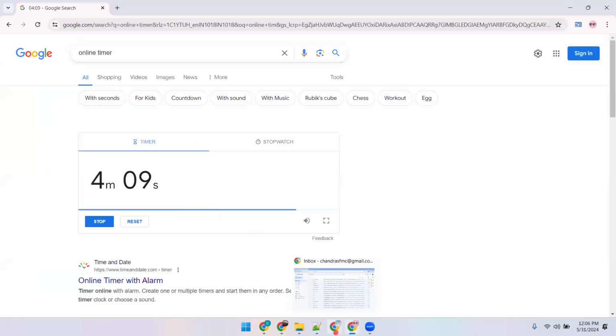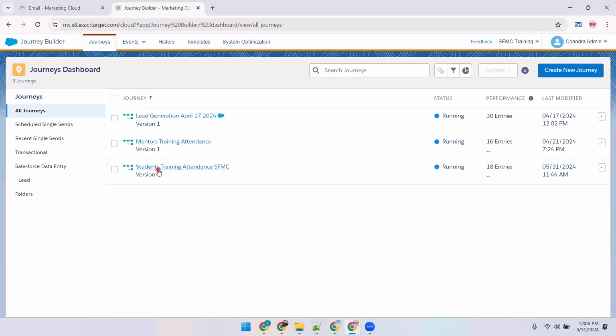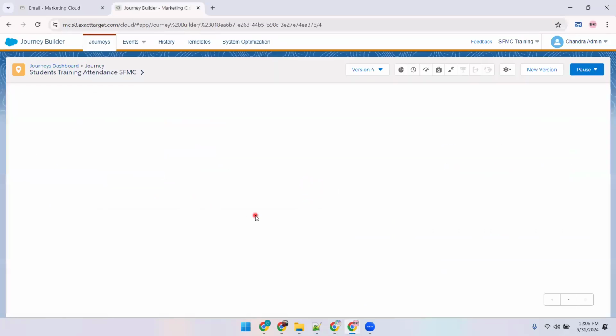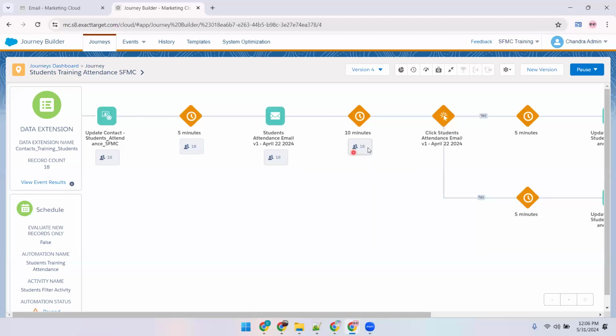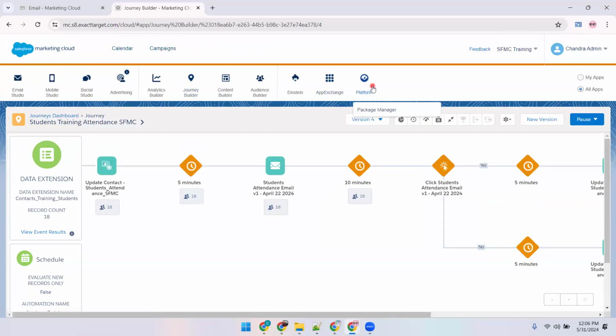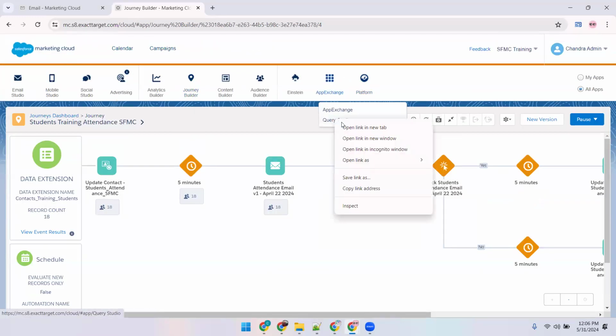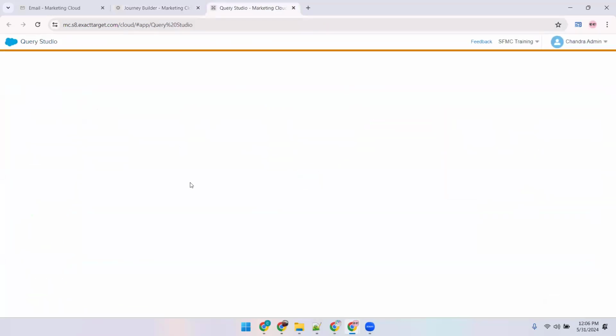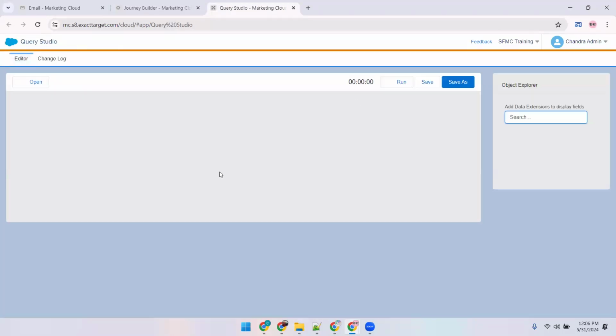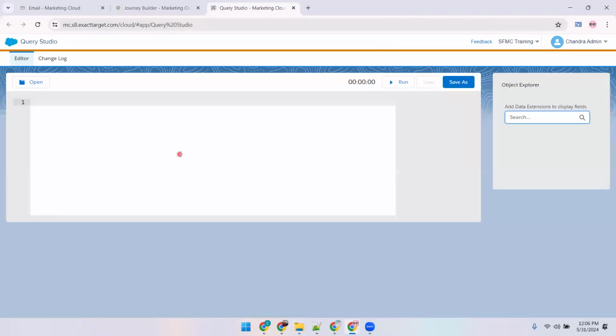And 4 minutes has completed. If it is completed 4 minutes, expected is you people have to move to the next step. Okay, you can see it's still, okay, no worries. I think it is still waiting. That's fine. So I will be taking the Query Studio. Query Studio only helps you to execute the query and see the results. It cannot be used in any